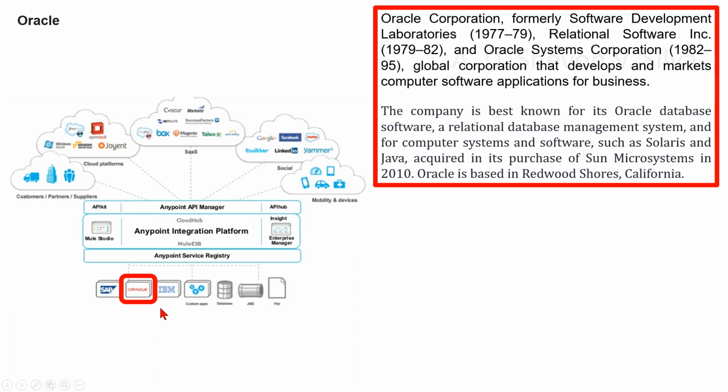Oracle Corporation, formerly Software Development Laboratories, Relational Software Incorporation, and Oracle System Corporation, is a global corporation that develops and markets computer software applications for business. The company is best known for its Oracle database software, a relational database management system, and for computer systems and software such as Solaris and Java. Acquired in its purchase of Sun Microsystems in 2010, Oracle is based in